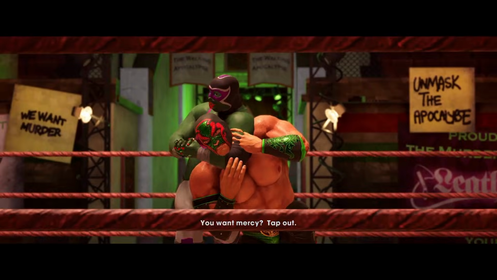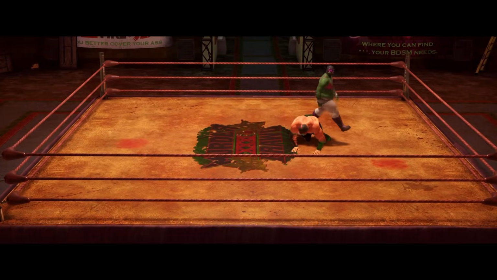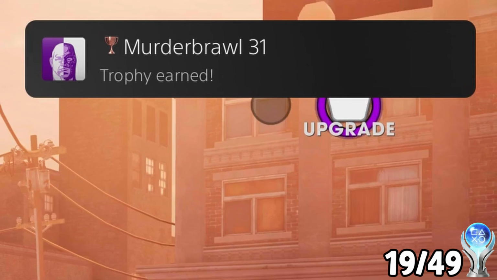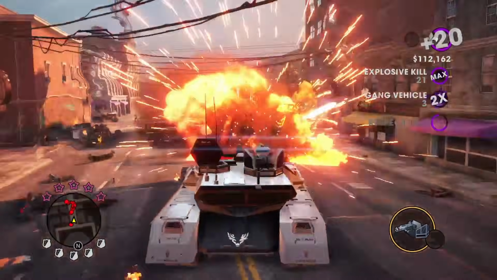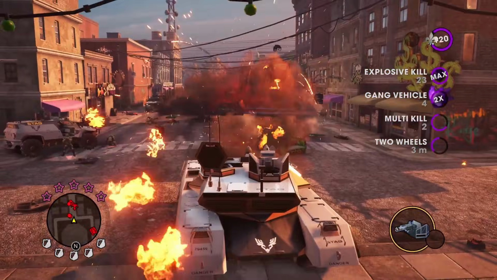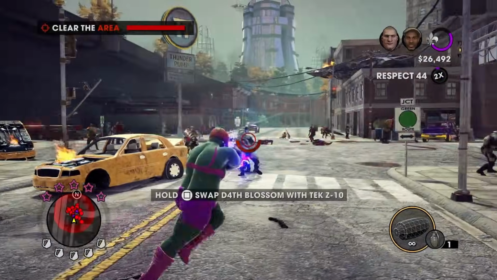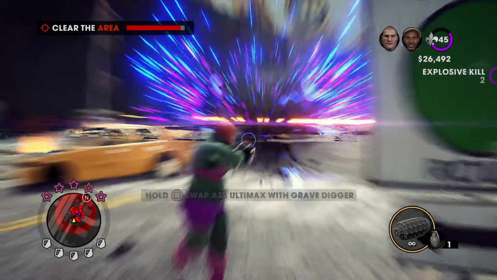Jesus Christ. With Angel out of action, we step in to finish the fight and take down Killbane and earn another trophy. After the mission, I let off some steam going on a full-blown rampage that ultimately leads to earning another trophy for defeating 50 brutes. We're now on the last mission of the game, which sees the Luchadors and Stag locked